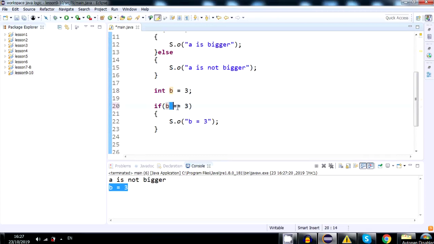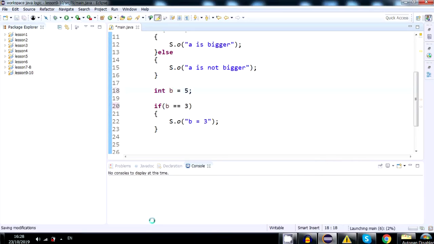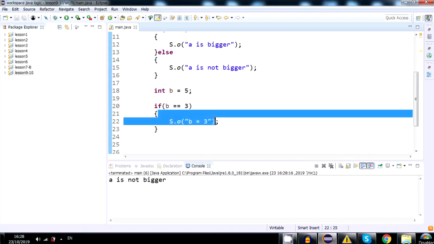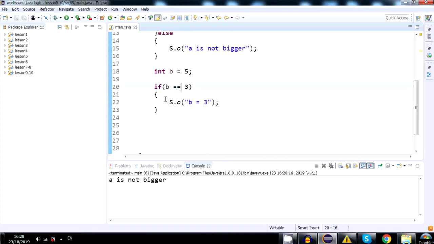Here the equal means actually equals. So what the if checks here is if b is equals to 3. So if we change this to 5, you will see only one line will run, because we don't have anything by default, an else to run if this does not run. Well, in this case we don't mind. I just wanted to show you how to compare